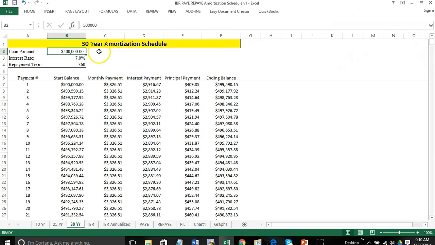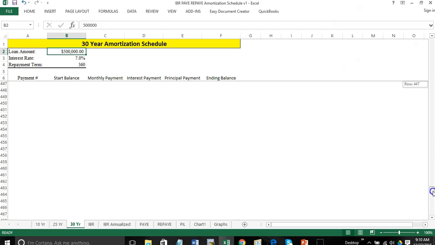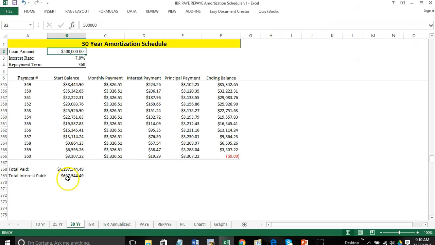So we'll go to the 30-year consolidated repayment schedule. It's just an option that you have, so I'll discuss it again. Your monthly payments drop to about $3,300 per month. Same interest payment, but only about $400 applies to the principal, leaving you with about $499,600 in principal balance after that first payment. To get a sense of what your total payments would be, after 30 years you would have paid back a total of $1.2 million and about $700,000 in interest.